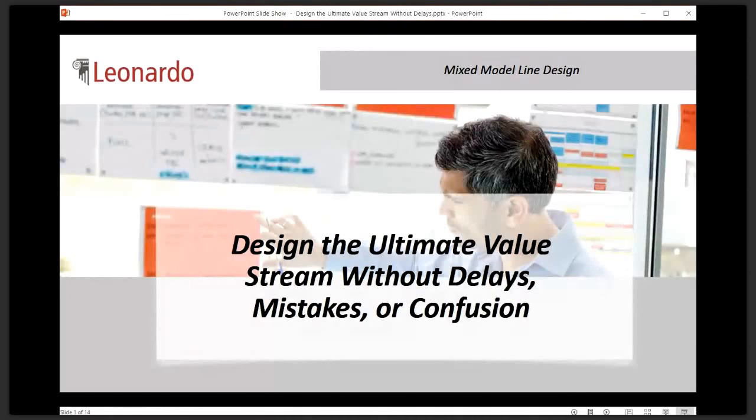designing a value stream. And that value stream doesn't have to be manufacturing. It can be any kind of value stream, really. Office. In fact, I'll share an example with you in just a few minutes of an administrative process. But the point is that it needs to be engineered or designed. And if you can do that correctly, following the principles and methodology that we're going to share with you in